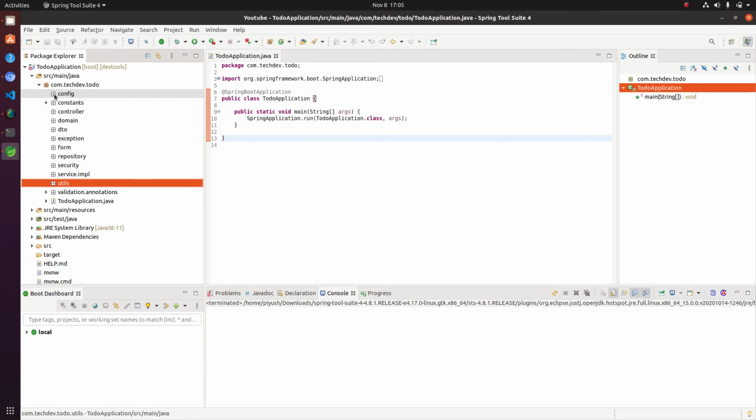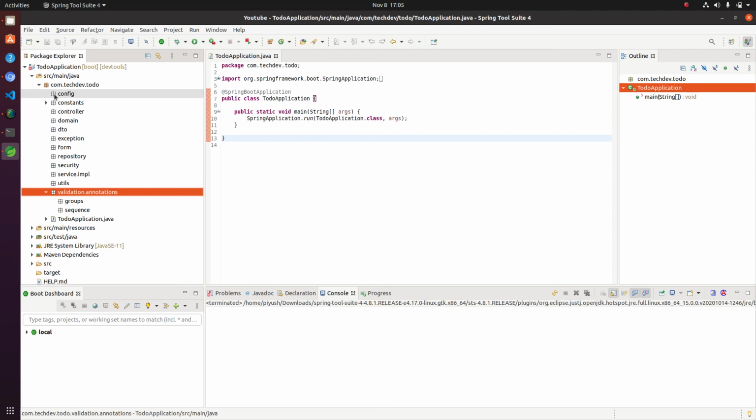And after that we will have a utils package, and then for validation package we will have the annotations inside that. Inside the annotations package we will create the groups and the sequence package.